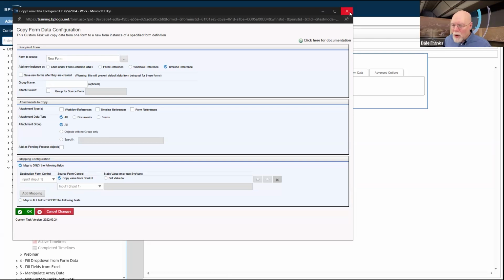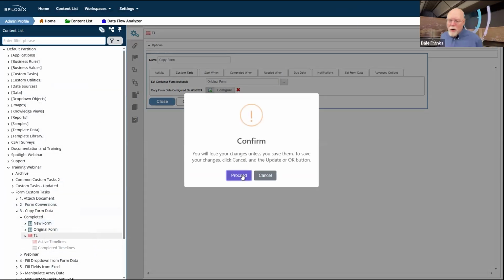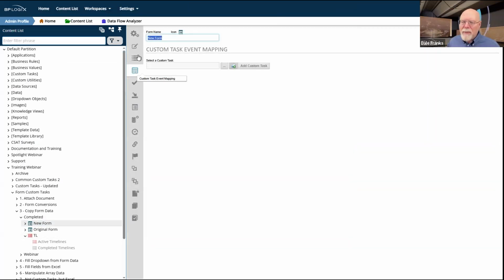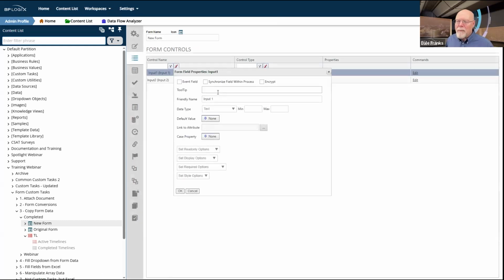There is a simpler way to do this that doesn't require this sort of custom task to run that you may be interested in when you look at the form. And I know we've talked about this in the past. We don't talk about it enough, but it does exist inside each of your forms. You do have the ability for each form field to synchronize the field within process.